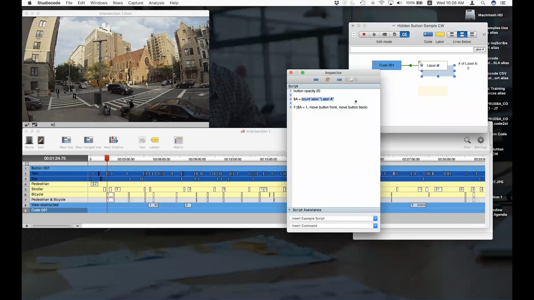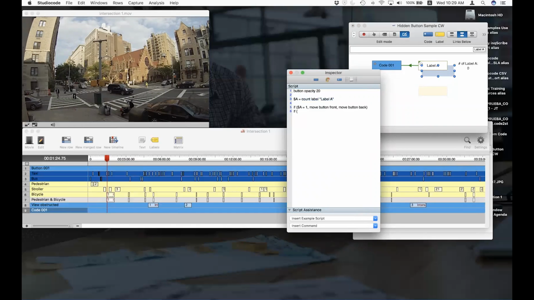So if the count is 1, then move the button front. Okay. Exactly. So once you've clicked on it once, then it moves the inactive button to the front. Okay. Yeah, exactly. Thanks. Right. Okay, so for others, in case, this next command is if, and the way this is formatted is if,